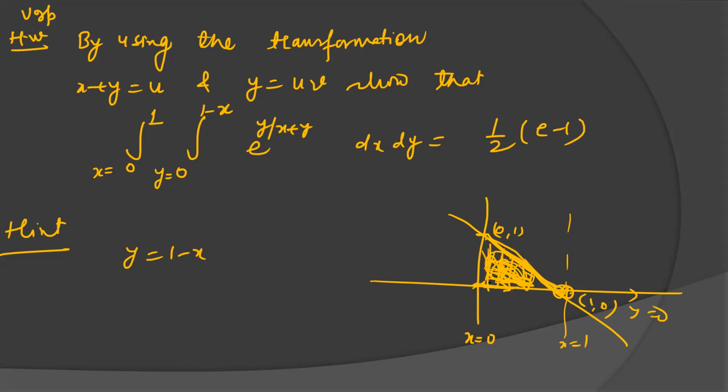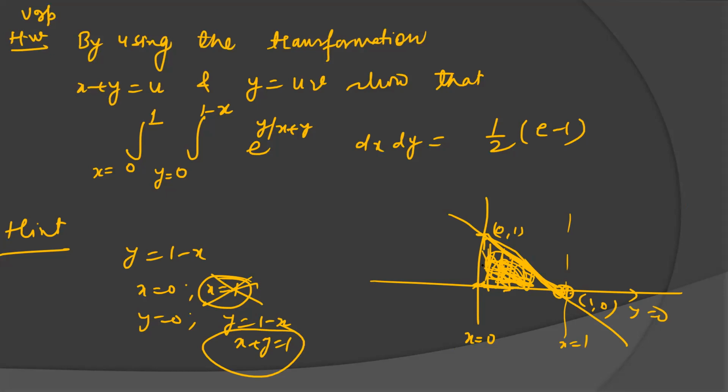Now, the lines are the x equal to 0 line, the x equal to 1 line, and the y equal to 0 line. Now, the x equal to 1 line is not actually a boundary, you may or may not consider this line. It will depend, and with the y equal to 1 minus x line, you will get the region. So don't consider x equal to 1, because this is not in the region. There are only three lines in the region: x equal to 0, y equal to 0, and x plus y equal to 1. Why is it not in the region? Because you can see the strip: the lower limit of y is 0 and the upper limit is y equal to 1 minus x.